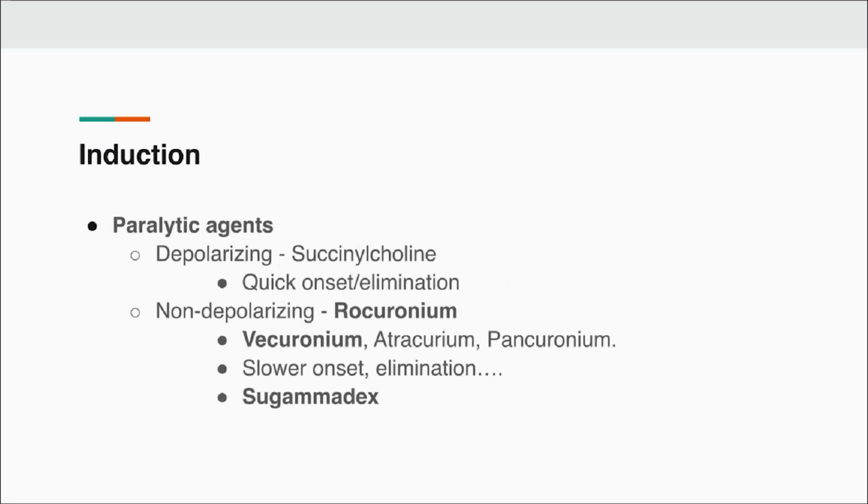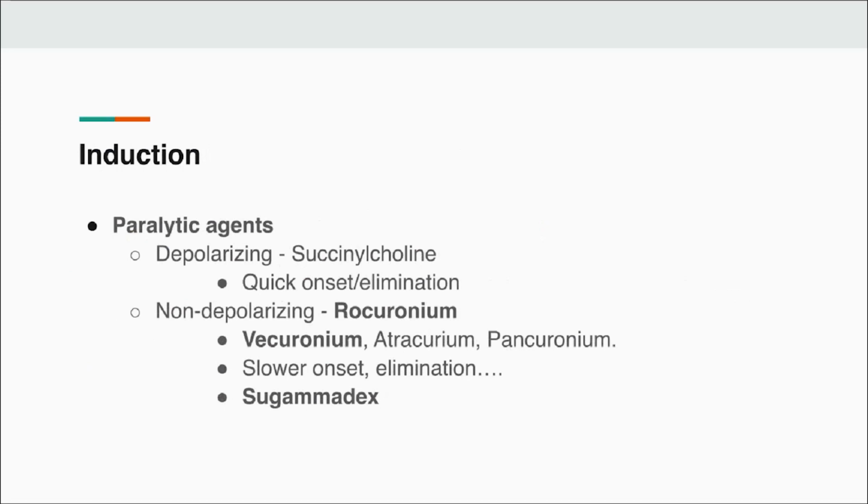And also we have non-depolarizing agents, the most common being rocuronium, but these typically have a slower onset and slower elimination time, and haven't been able to be reversed very quickly. But now we do have Sugammadex in the United States, and that has really changed a little bit of our